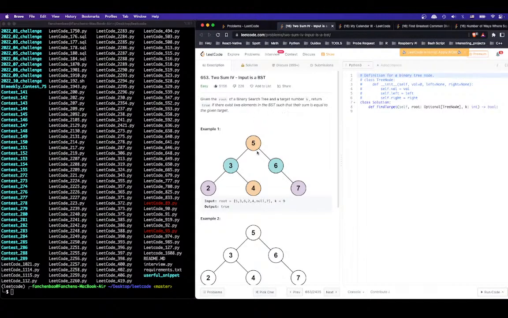Given the root of a binary tree and target number k, return true if there exist two elements in the BST such that their sum is equal to the given target. Oh, it's a binary search tree, right? So you give a root and you give a target, there exist two elements that their sum is equal to. Okay, so